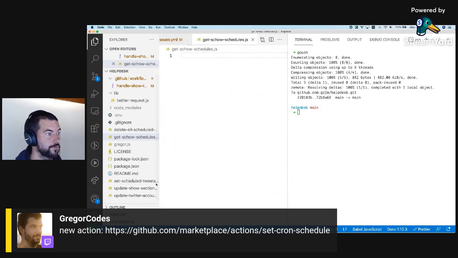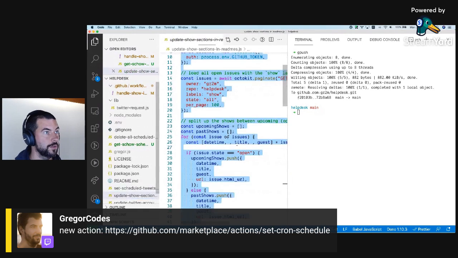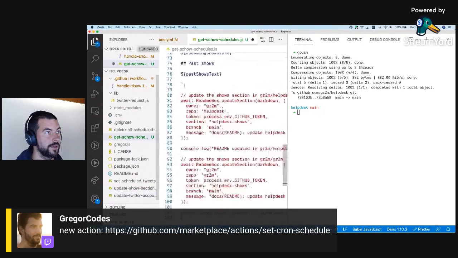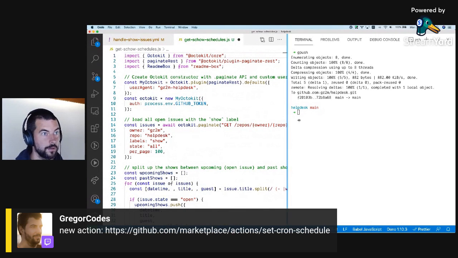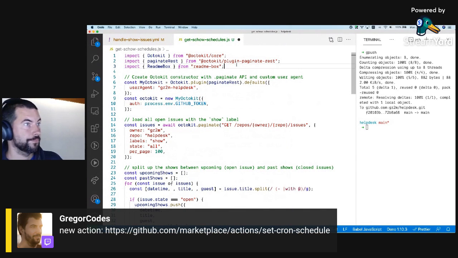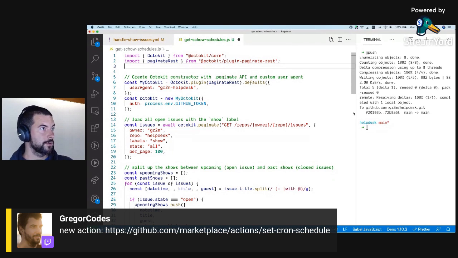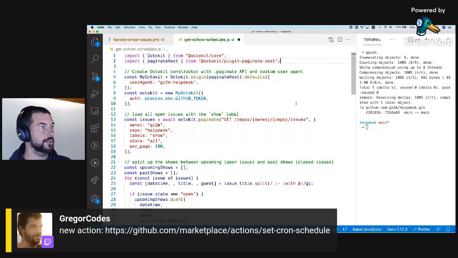So this is our new file, and I will just copy what I already have for the schedules. I don't need the README box. I need the pagination plugin. Okay.